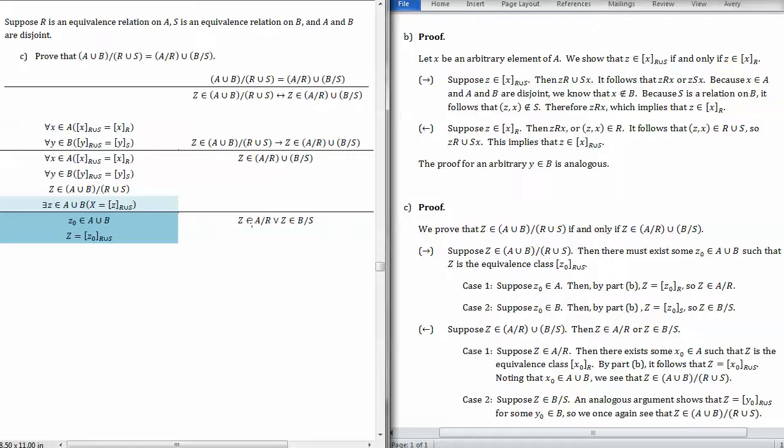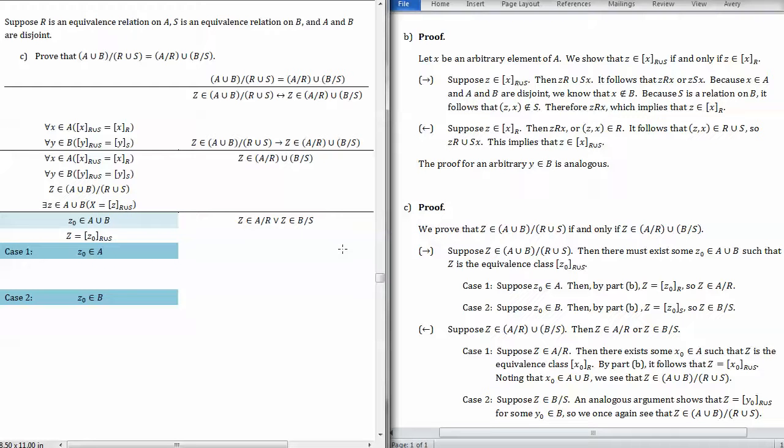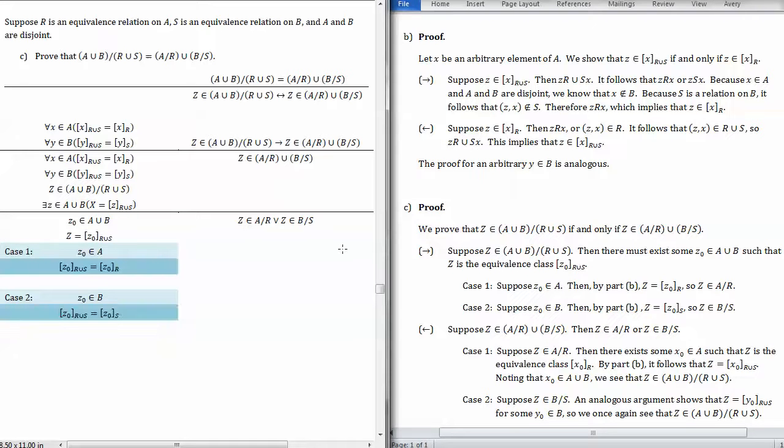But we want to show that Z is the equivalence class with respect to just the relation R or just the relation S. And, well, we got a disjunction, so we got to do two cases, right, over in the set A or over in the set B. If we are in either one of those, then we know that by part B, by these universal statements up here,